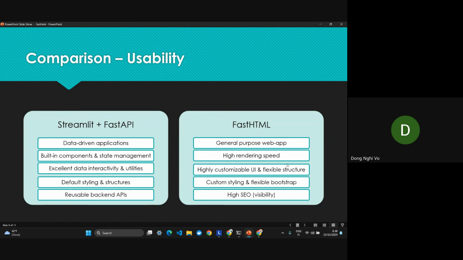Now, for FastHTML, they are better for general purpose web apps. And their one big advantage is that they have high rendering speed, much higher than Streamlit, because Streamlit is running on their server. They have to compile everything at the start, so they're quite slow. And FastHTML is considered very fast in general for a web development framework. And in theory, again, it has a highly customizable UI and very flexible structure, because in theory you have full control